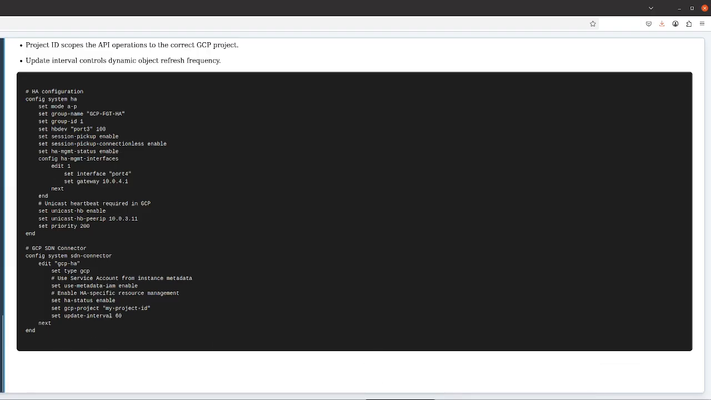The set hbdev port3 100 line designates port 3 as the heartbeat interface with priority 100. In GCP, this corresponds to the NIC placed in the HA sync subnet. The set session-pickup enable line turns on TCP session synchronization, so that TCP connections survive a failover event. The set session-pickup-connectionless enable line extends session sync to UDP and ICMP flows, important for workloads with significant